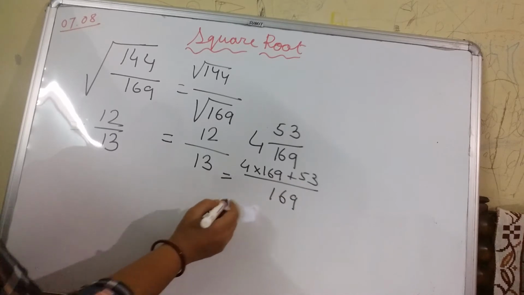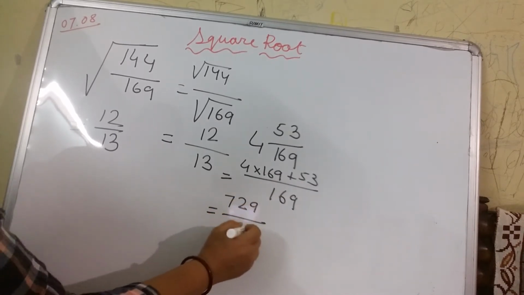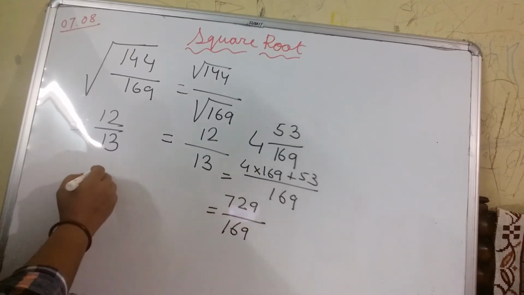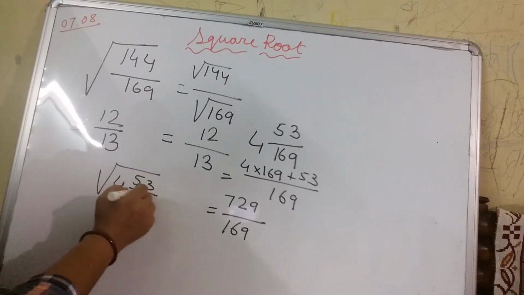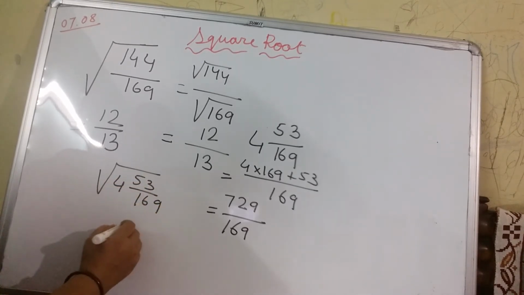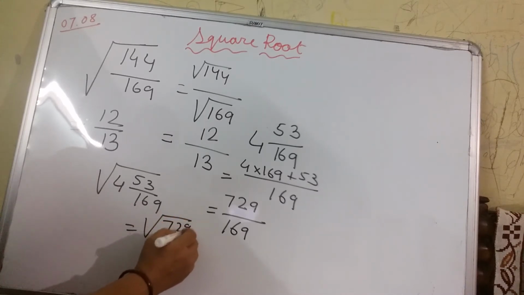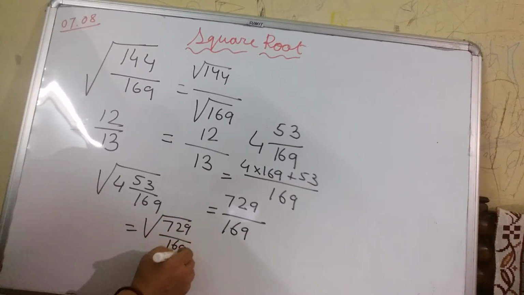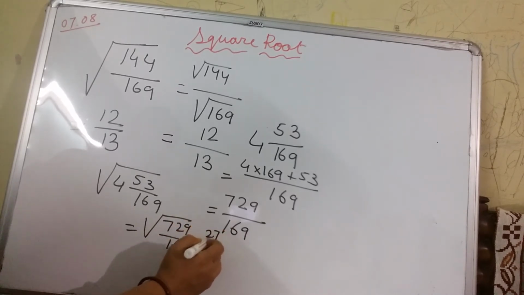So it will be 729 by 169. So square root of 4 whole 53 by 169 will be equal to square root of 729 by 169,